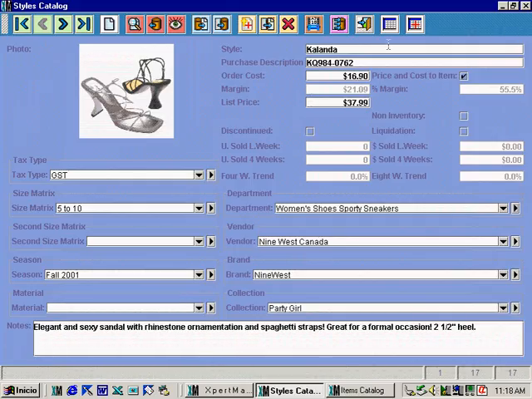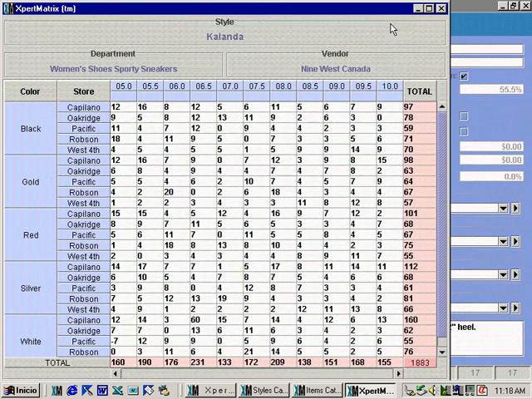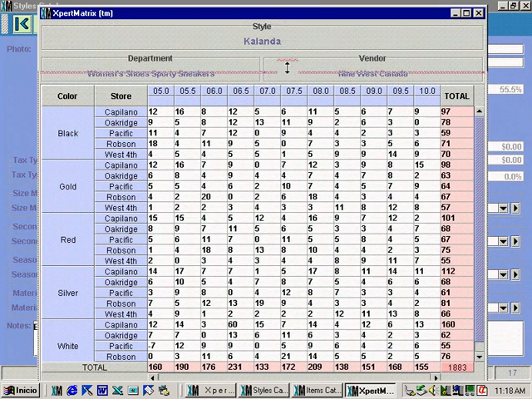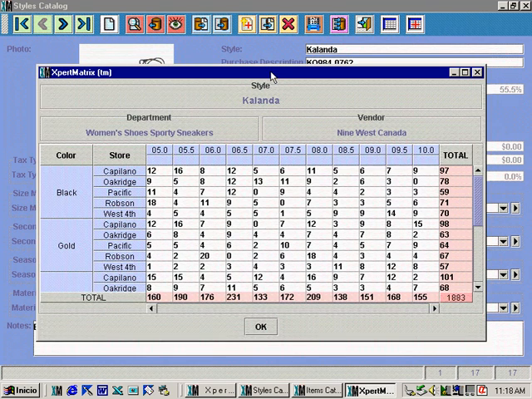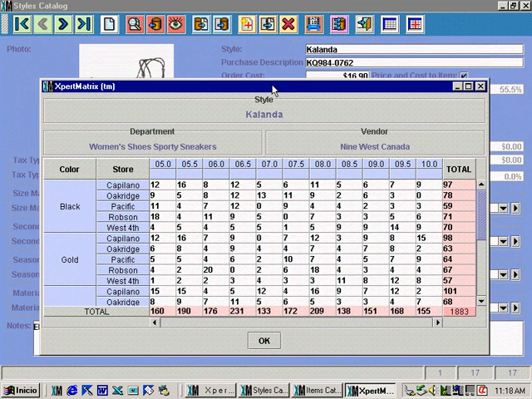Okay, this button over here gives us a matrix view. For every style that I have, this button, when I press it, opens up this matrix right here, which we can make the size that we want, which shows all of the current inventory or stock levels that I have for this style. I've got a grand total over here in pink. It's 1,883 items in inventory, and I have subtotals for each size. I've got across the top here 5, 5.5, 6, 6.5. For example, I'm looking down here, I have 231 pairs of this Calanda shoe,